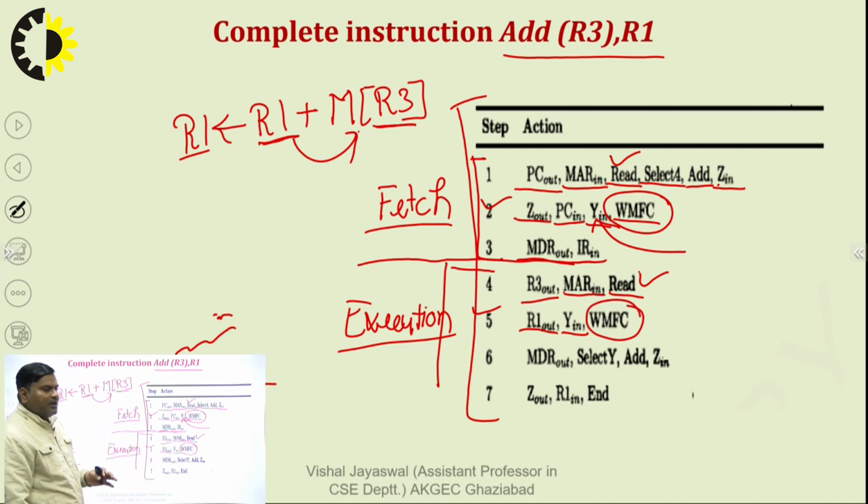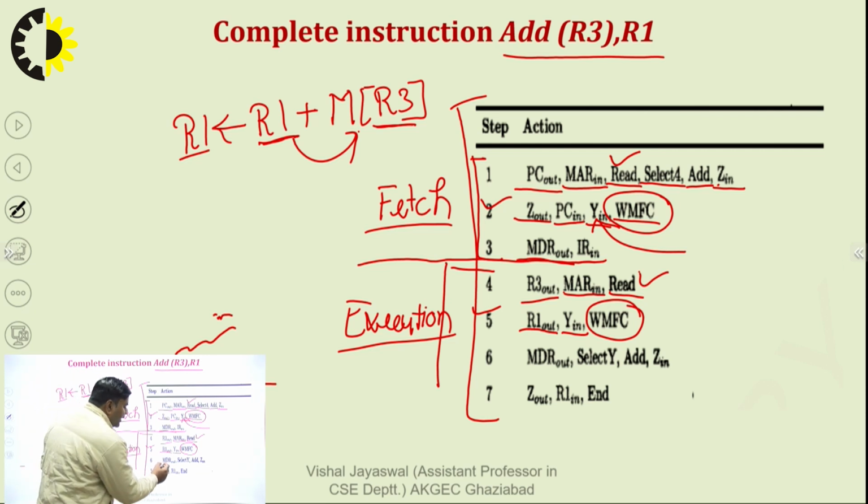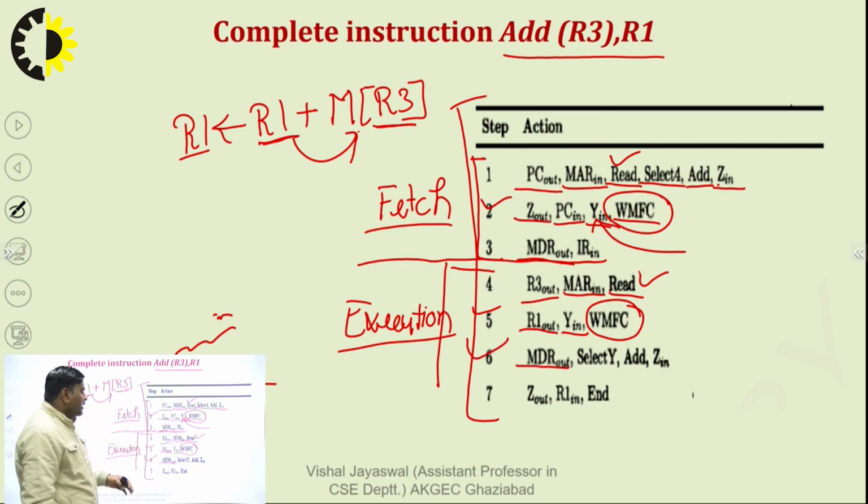When the memory function is completed, the data at the address in R3 is fetched from the main memory and goes into the MDR register. So in step number 6, we use the MDR out control signal